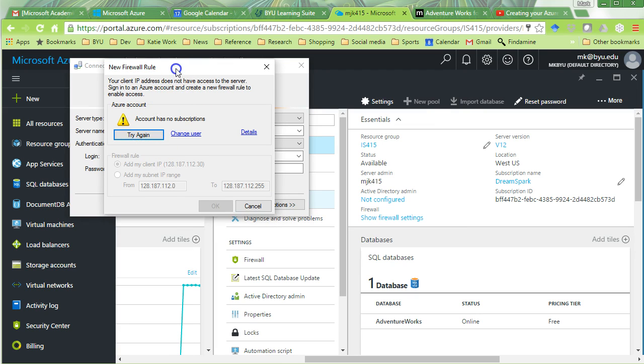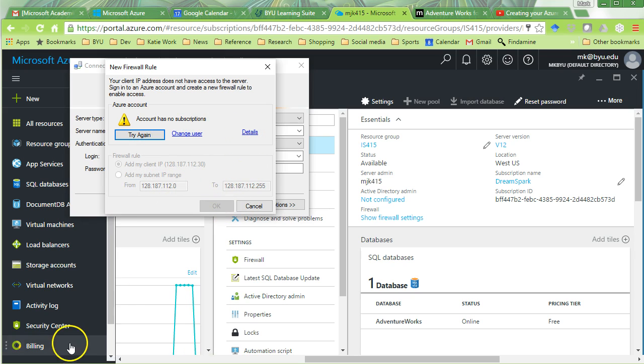Alright, this isn't right. I need to make a firewall rule that allows SQL Server Management Studio, or allows Azure to accept SQL Server Management Studio from my computer. So there's another way to do that. Let me pause. If yours worked, great. It may have. Just hit OK and you're good to go. But there's another way to do this. I'm going to hit cancel